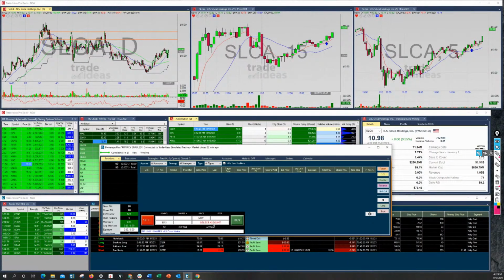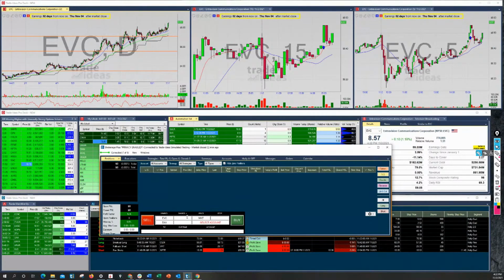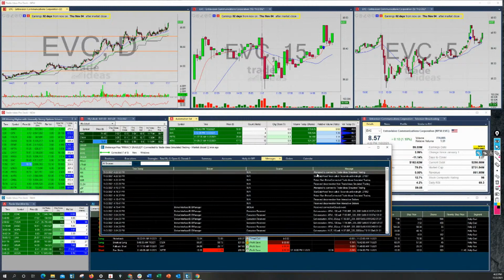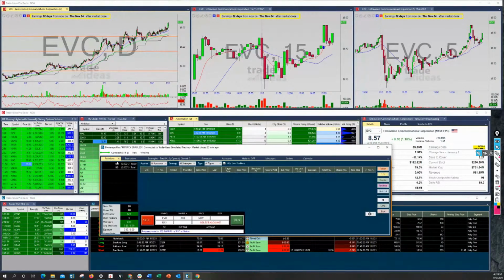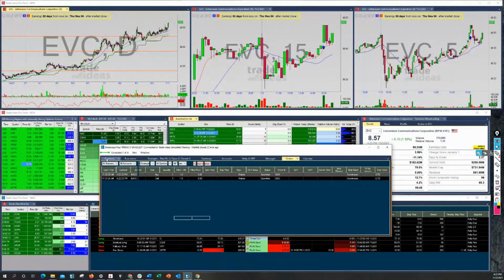Still says select account. So if I hit, for example, watch here, I don't know if it's going to give me what I want now. Messages. Attempted. Broker not connected. No, it's not going to give me what I want here now. If we were in regular market time and I hit buy right now on Brokerage Plus, it would tell me broker's not connected. Let's see if I can get it at a limit price. No, it won't even give it to me on a limit price.